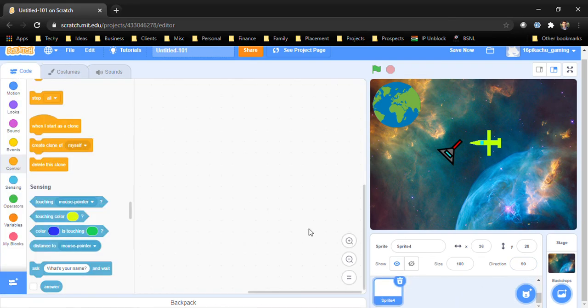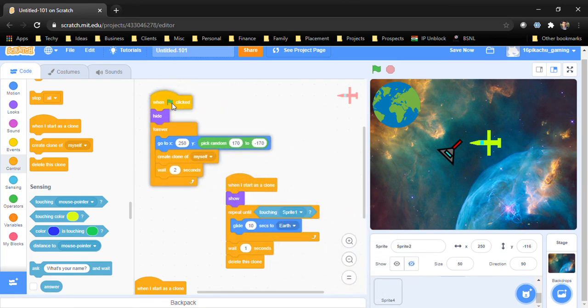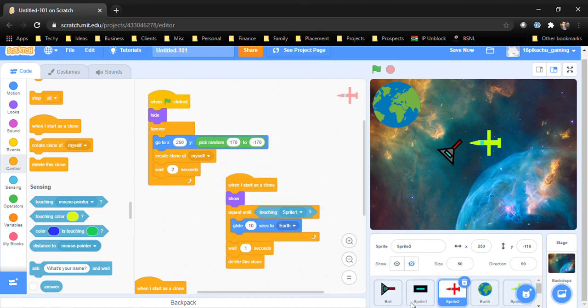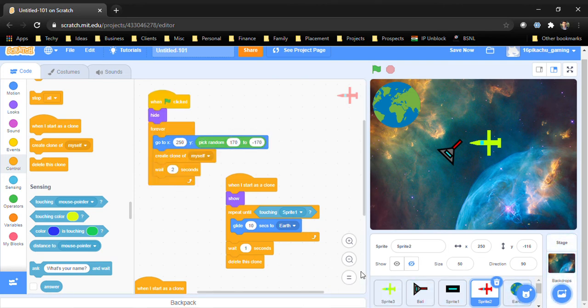So now what we have to do is go in this and put this thing. We will place this spaceship over here. Yes, done. So now we will drag and drop it in this spaceship.